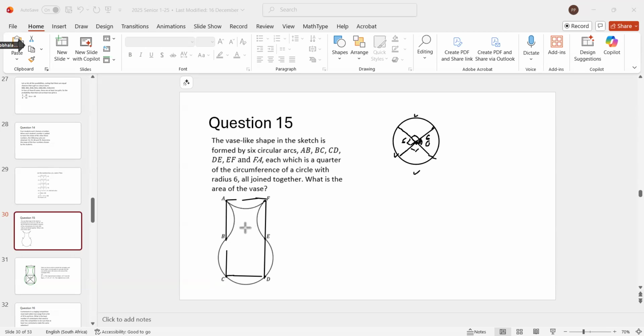Now, if I join this, what happens is that you've got two equal squares here. They look like squares, but to understand why, let's have a look at the bottom one. The bottom one, I say that this is a square. The reason is, if you take what I just told you now,